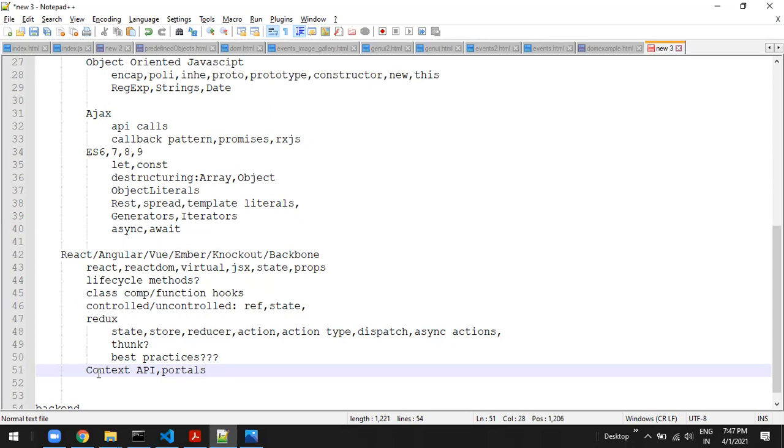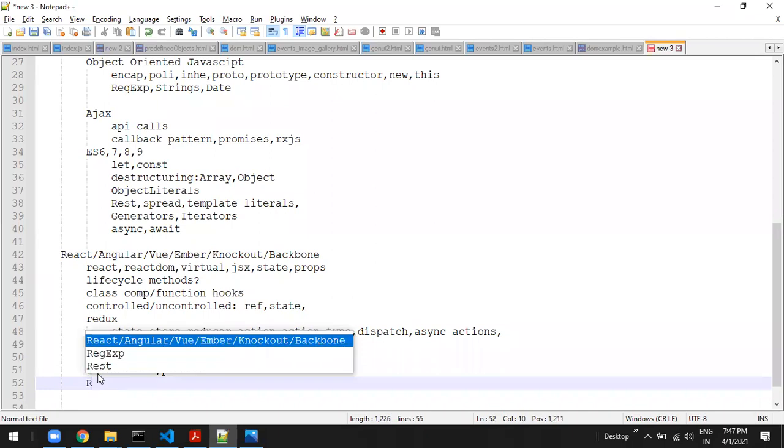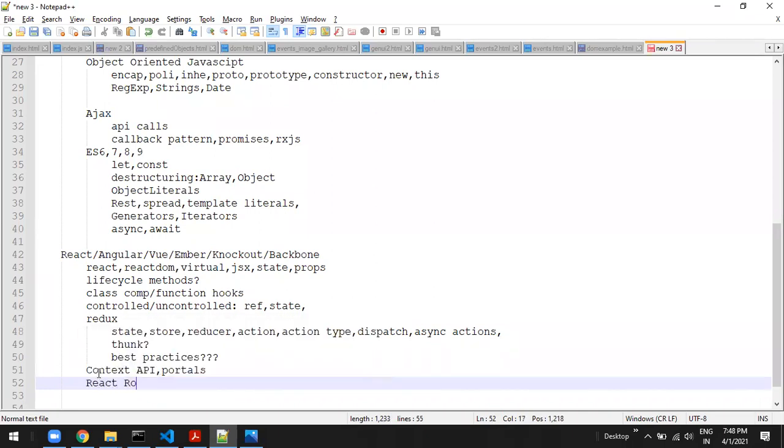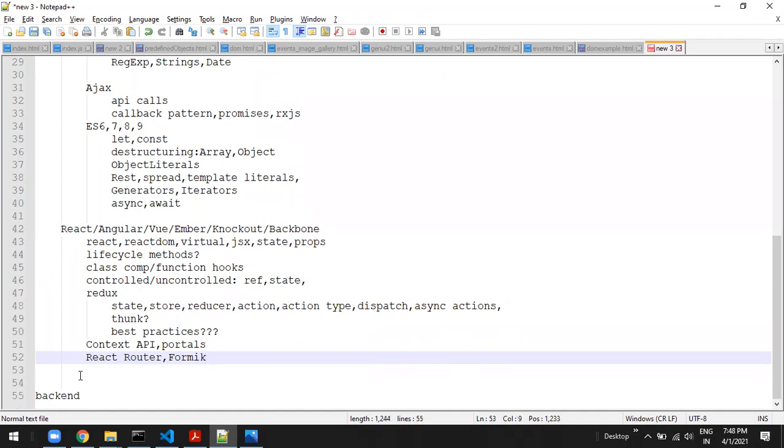If there are some small topics I will cover, error boundaries and all, we'll see that, but basically this is about React. After that I would also like to cover React router and Formik, how to handle the forms, how to handle the data. So this is all about your React.